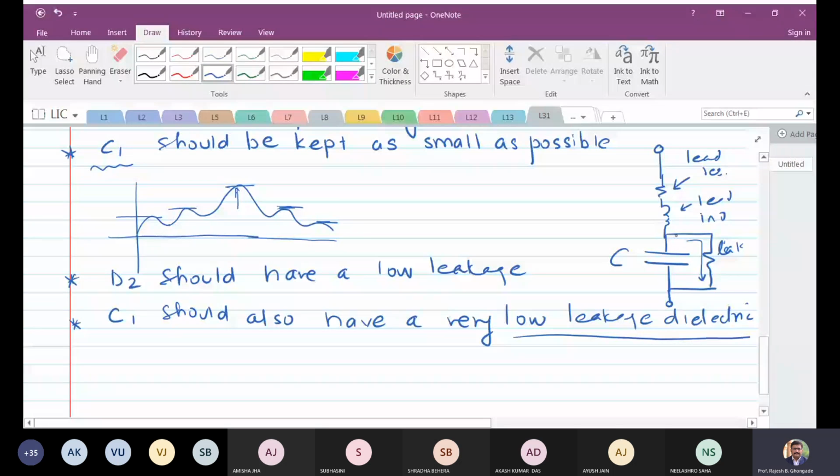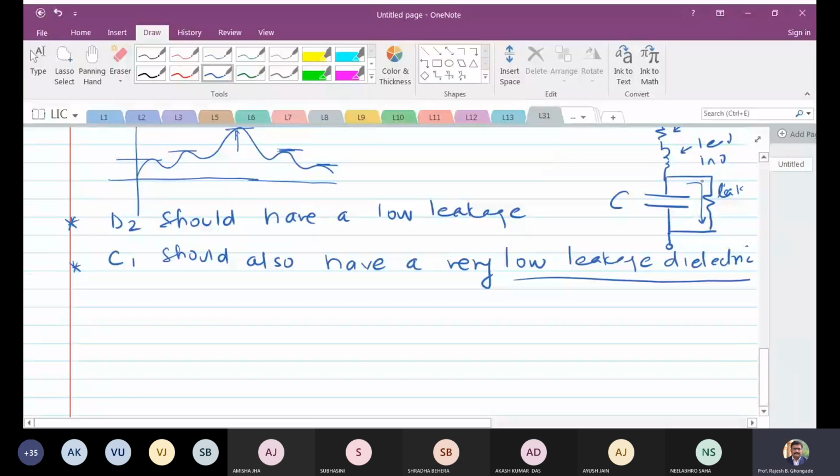You must have heard that there is a self leakage in capacitors kept for a longer duration of time. The charge leaks across it and discharges the capacitor. So this R leakage should be very high. An ideal capacitor will have R leakage as infinite. But because of dielectric properties, there will be some discharge path, though this resistance will be very large, so we have to choose a capacitor with low leakage dielectric.